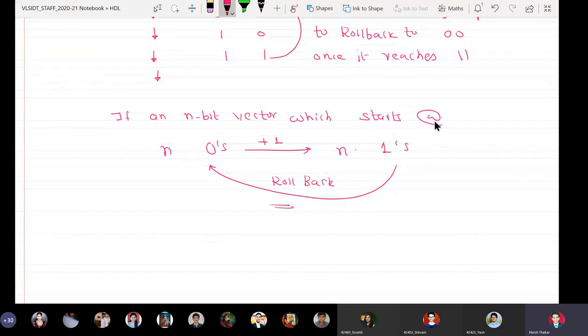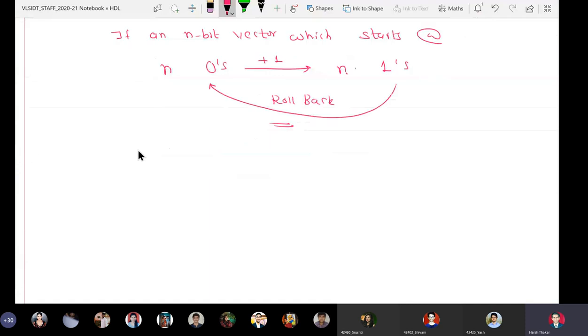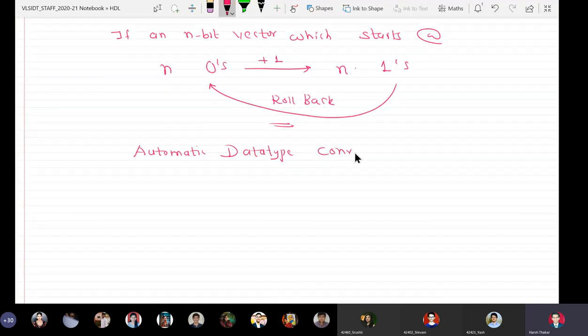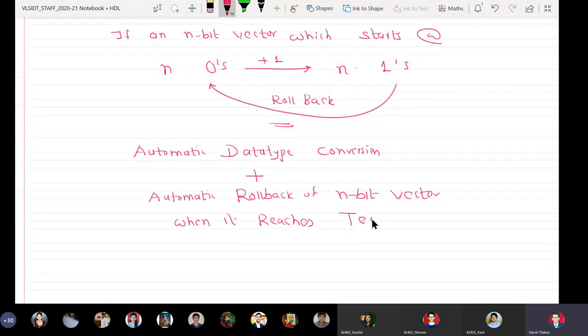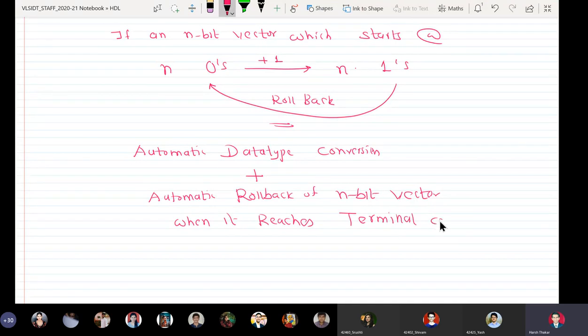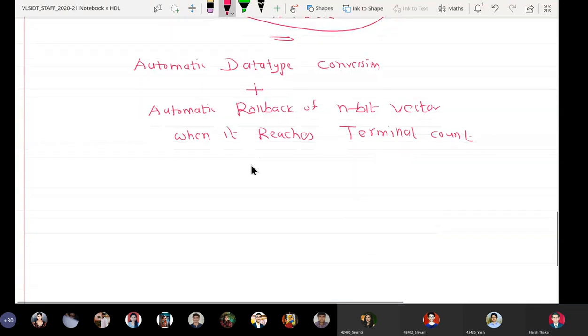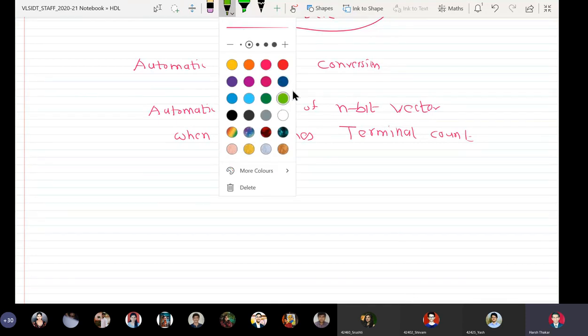Automatic data type conversion plus automatic rollback of an n-bit vector when it reaches terminal count is given in a package which is written as follows.